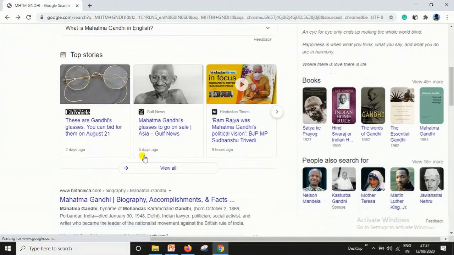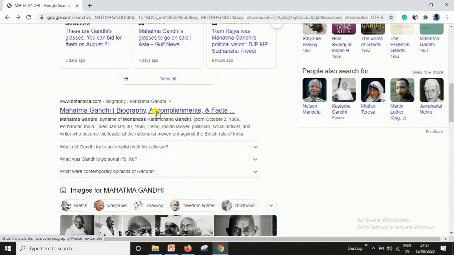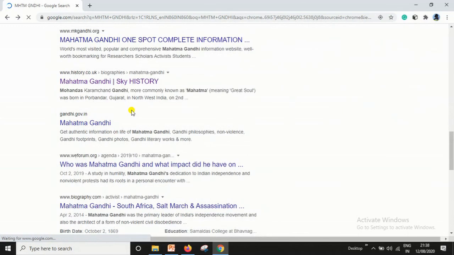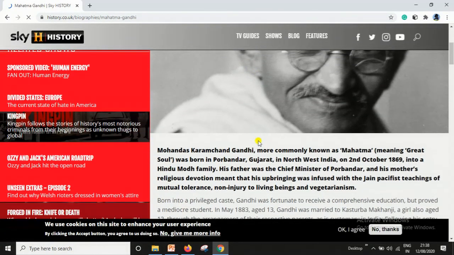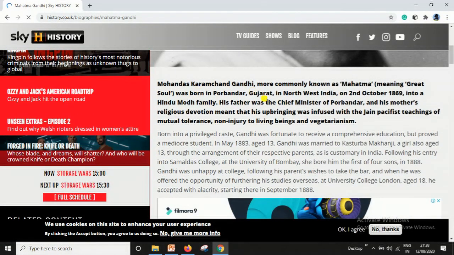If I want to write something about Mahatma Gandhi in PowerPoint, or prepare a presentation on Mahatma Gandhi, I'm searching Mahatma Gandhi on Wikipedia. Here there are lots of things regarding Mahatma Gandhi. So this is the Mahatma Gandhi biography. The net is also working slow. Please wait. So if I want to open this, this is about Mahatma Gandhi, Mohandas Karamchand Gandhi, and